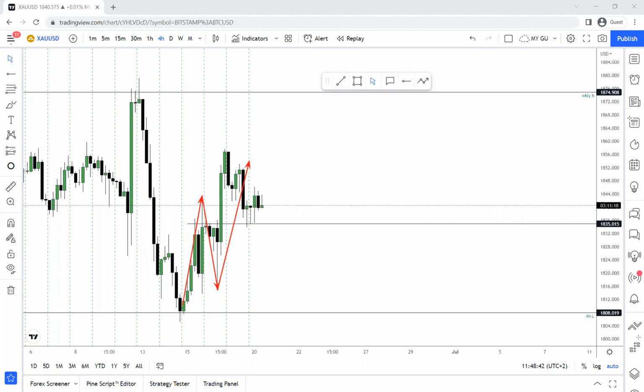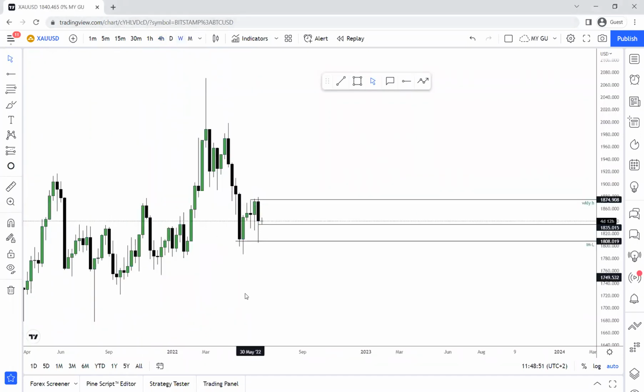Now, adding to that theory, if we do look on the weekly time frame, let's go on the weekly time frame. On the weekly time frame, we do have a long wick at the bottom that needs to be filled, as you can see, from here to here. Now, if price doesn't want to go higher, it has all the possibility of completing a wick fill over here. It can actually complete a wick fill and then find a place or our order block to reject for it to go higher.